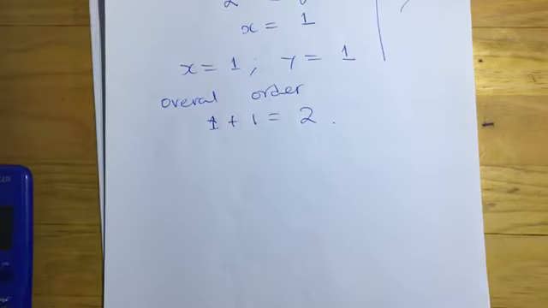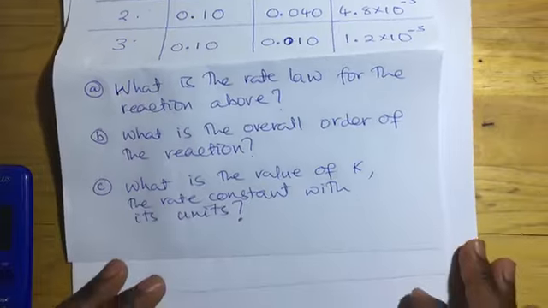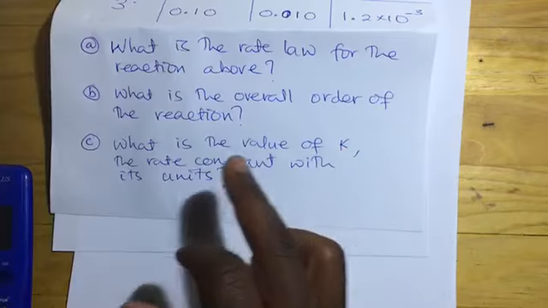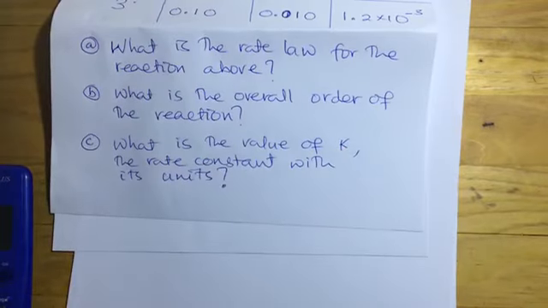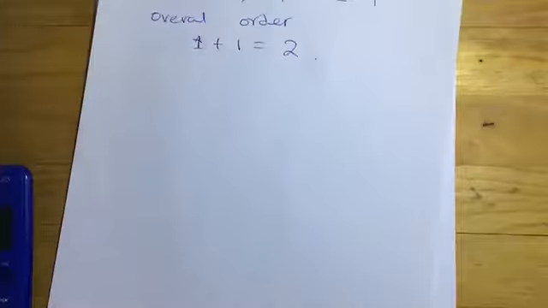Okay. Then they'll ask you next, quickly, so that we can conclude the session. I don't want this to be ridiculously long. The last part of the question, what is the value of k? And then they also want us to include the units. But let's find the value first. To find the value of k,